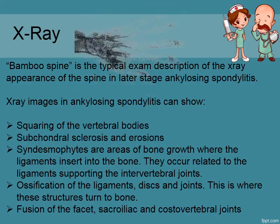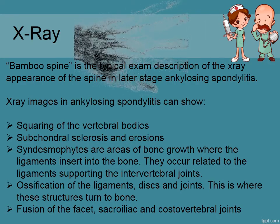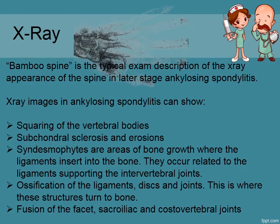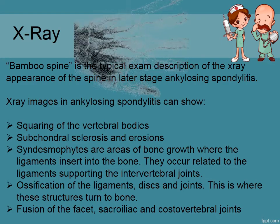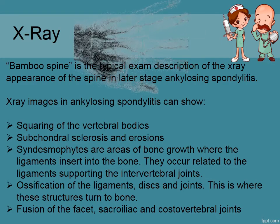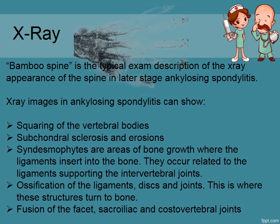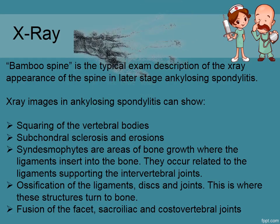Bamboo spine is a typical exam description of the X-ray appearance of the spine in later stage of ankylosing spondylitis. X-ray images in ankylosing spondylitis can show squaring of the vertebral bodies, subchondral sclerosis and erosions, syndesmophytes, which are areas of bone growth where the ligaments insert into the bone. They occur related to the ligaments supporting the intervertebral joints. Ossification of the ligaments, discs, and